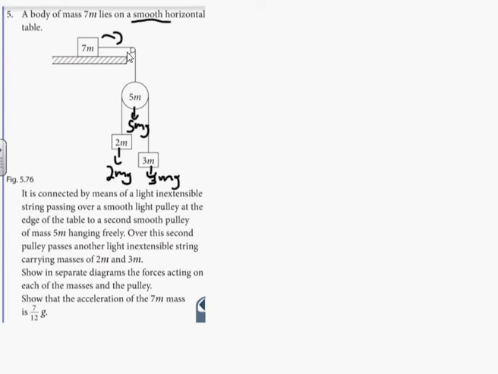Okay. So we have a common acceleration A. So the common acceleration is shared between the 7m and the 5m pulley. Then we need a secondary acceleration. We'll call it B. Now it's going to be the 2m mass going up, while on its way down will be the 3m mass. Okay, so guys,